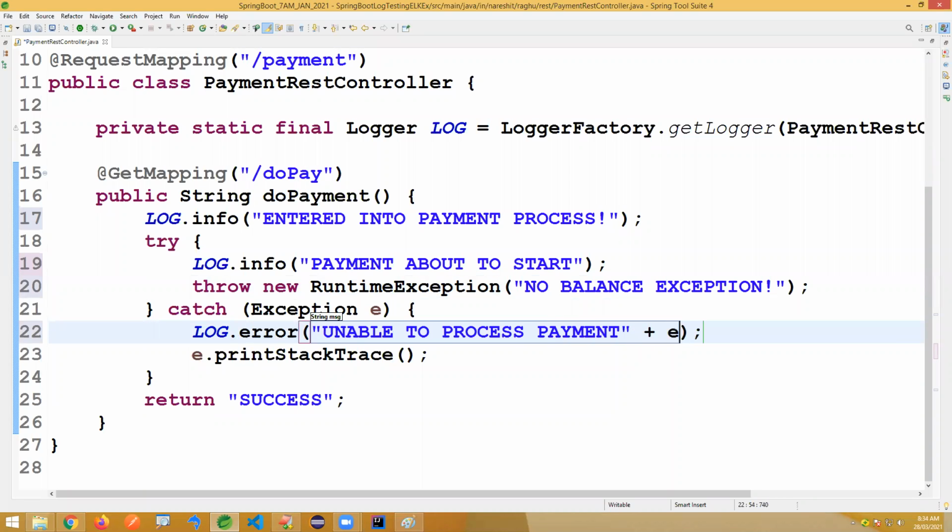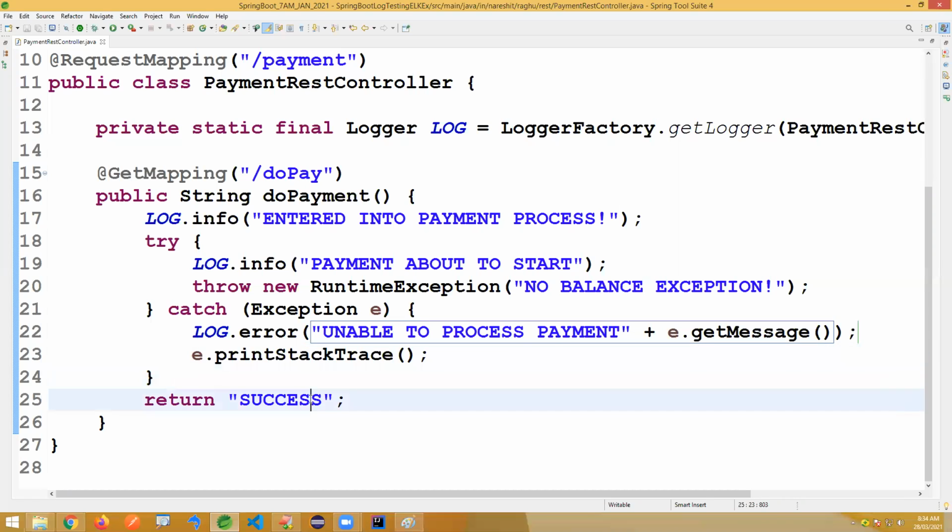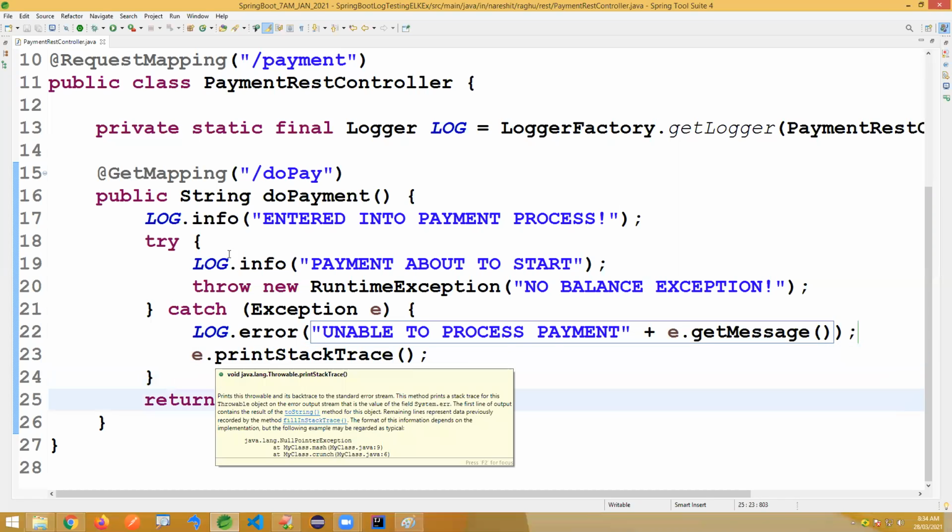Here I'm just printing e.getMessage, so only this message will come. But, sir, I want to read everything, the complete log data, line by line, into this error's stack trace also. If you want to read, I'll show some utility class later. As of now, let it be. It's the minimum requirement I'm writing here.